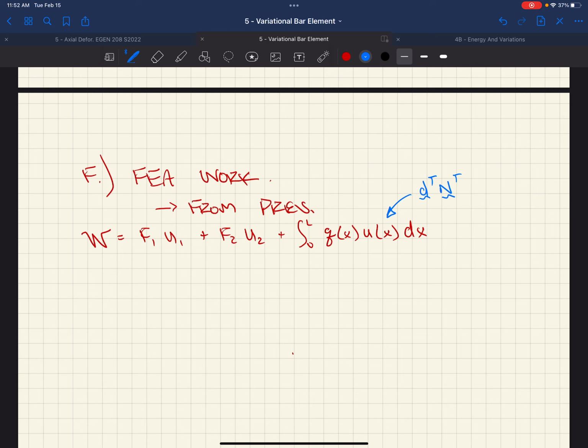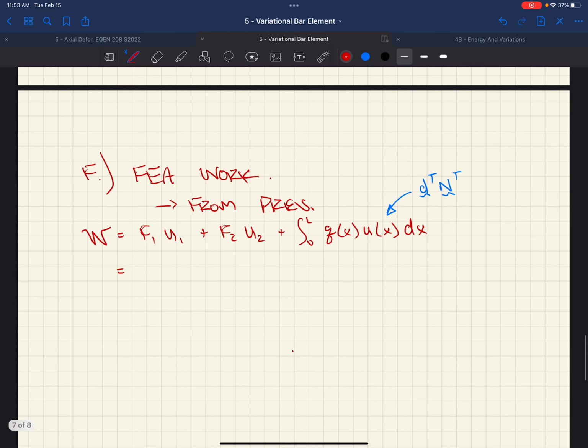It's the same thing, so we're going to make that substitution. We're also going to pull out our F1, F2 and U1, U2 into matrix form. So we get U1, U2 times F1, F2 plus the integral from 0 to 1 now,